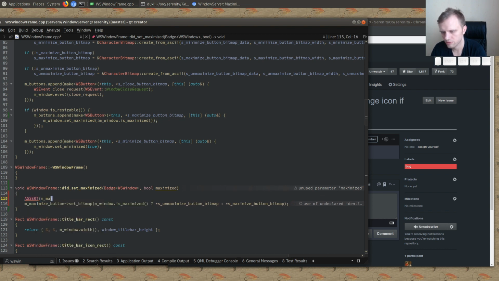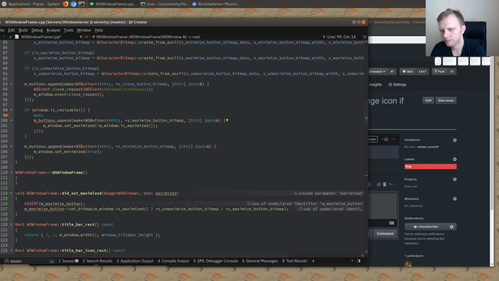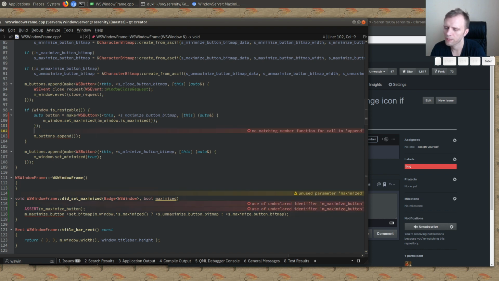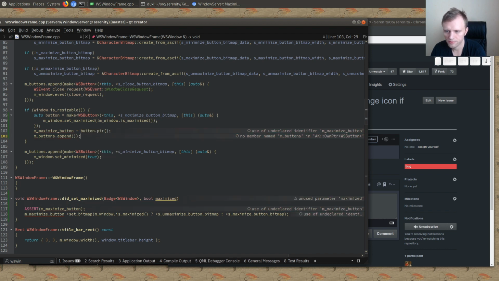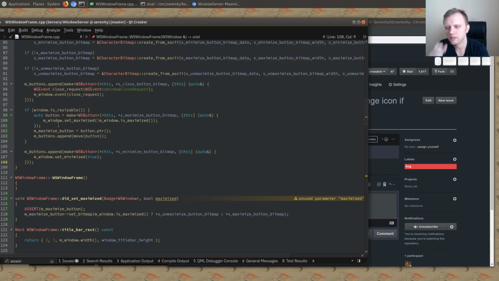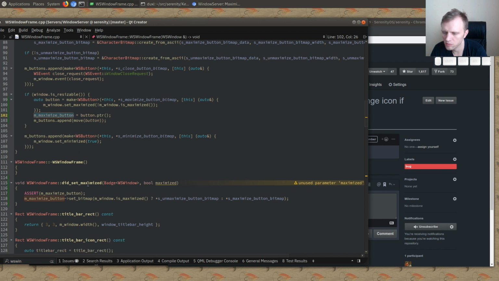And we'll assert that we have a maximize button. And we're gonna have to cache that actually. How much do we need? That much? Okay. And then m maximize button is button footer. Okay, this is a little ugly, but it'll work. And then we're just gonna store that down here. No footer by default. Okay. So now we keep that button and a pointer here, and then when we get the did set maximize callback,